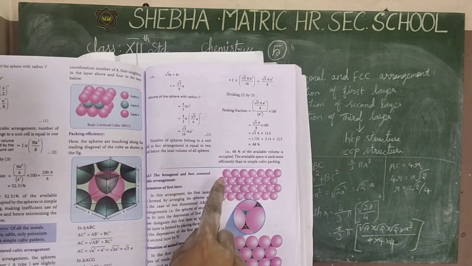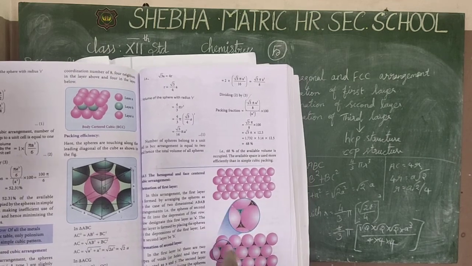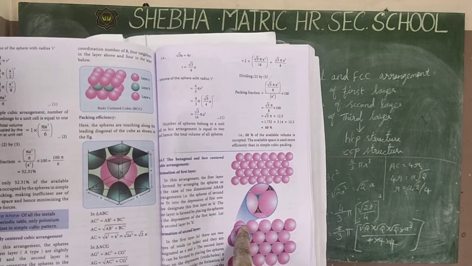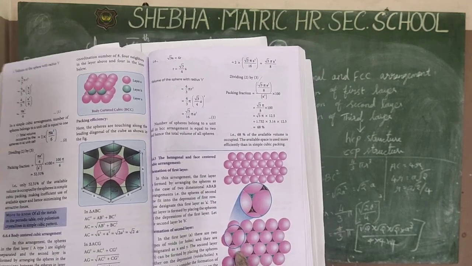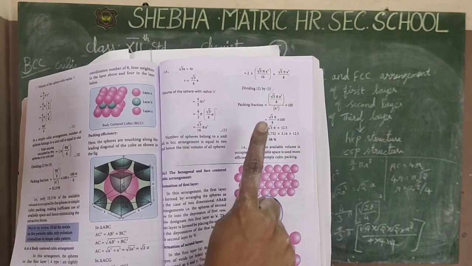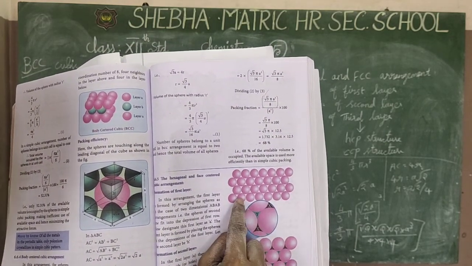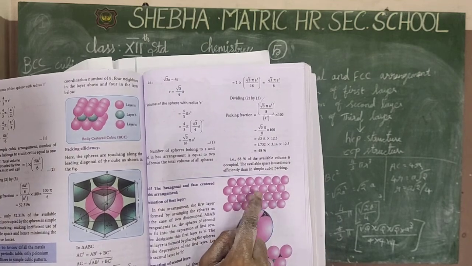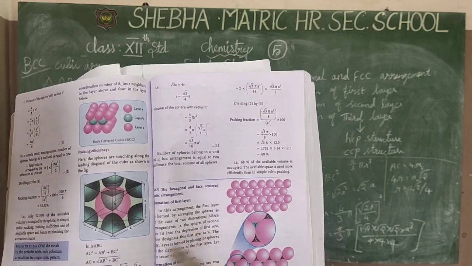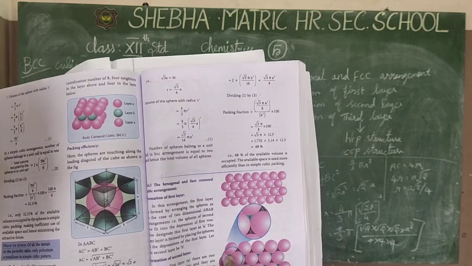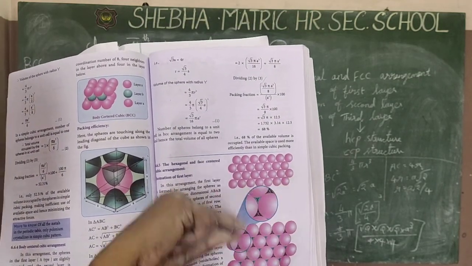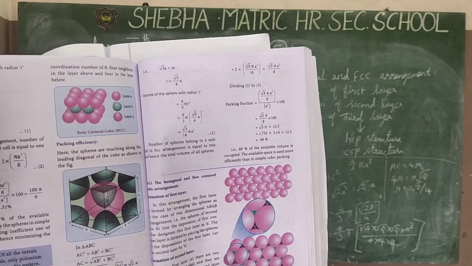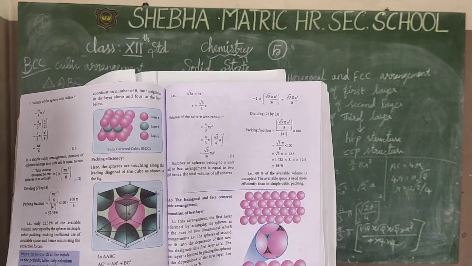The difference is that in the first layer you can see the gap in between, but in the second layer you cannot see the gap in between. In the second layer, it is occupied in this gap also. I am going to explain again. The first layer means you have to arrange the spheres orderly in the hollow space. You can see the center of the spheres, but we cannot see the center of the spheres once we arrange the second layer. When you arrange the second layer, it fills the gaps because it is arranged on the back side. That is the formation of the second layer versus the single layer. That is the big difference.